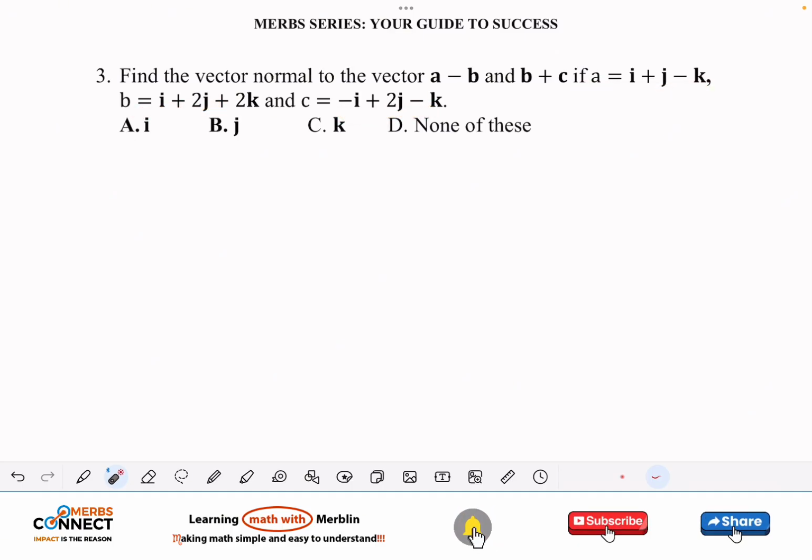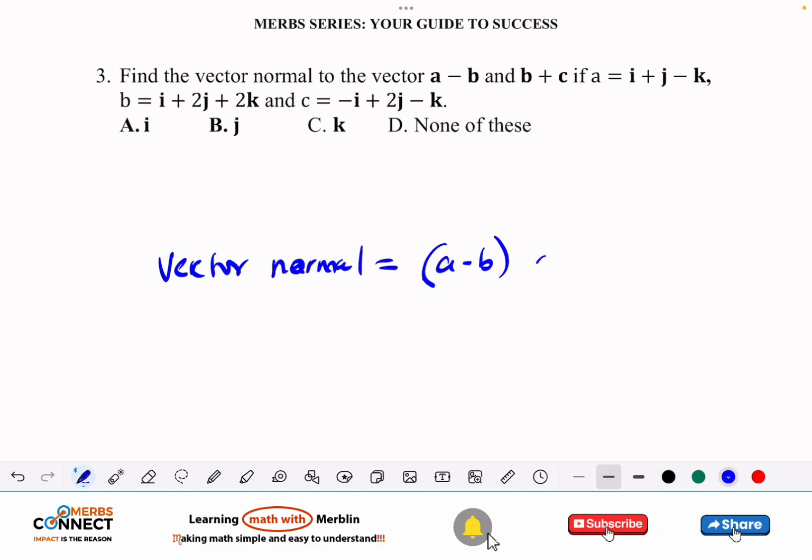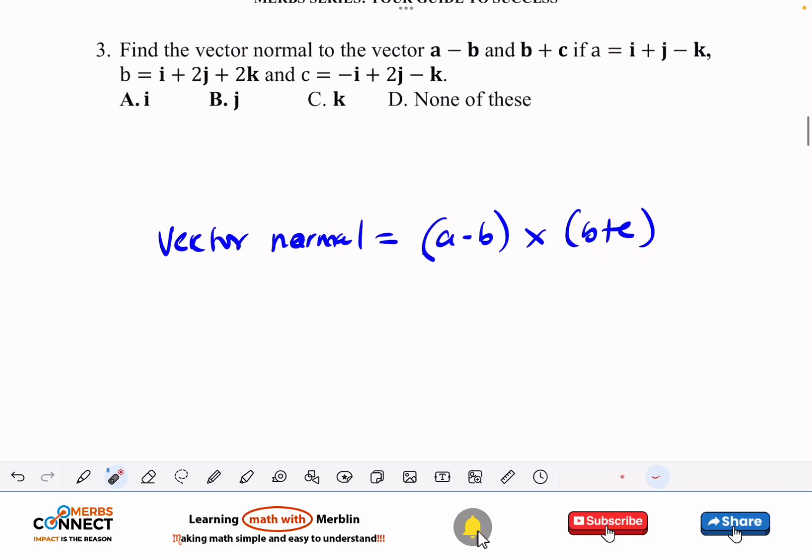So what we are going to do is, we just need to find A minus B and then B plus C. And when you talk about normal vector here, the vector normal is equal to A minus B cross B plus C, right? So that is the vector normal. So what we just need to do is, let's look for A minus B and let's look for B plus C. So A minus B is equal to